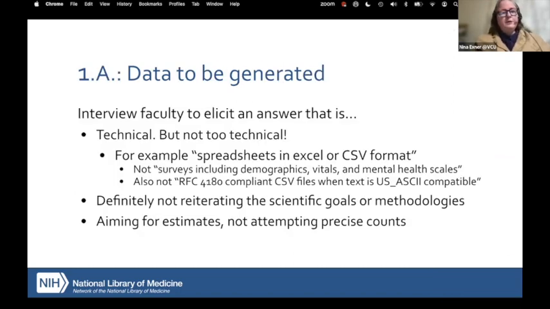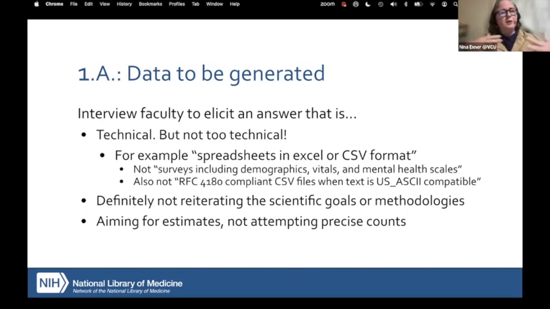So when talking about data to be generated, it's good to aim for a reference interview or data intake interview answer that's technical, but not too technical. More technical than "I look at it in a microscope," less technical than the gory technical details that an IT professional might have. So for example, we're aiming for spreadsheets in Excel or CSV format. We're not so much aiming for surveys that include demographics, vitals, and mental health scales, although if they need to write that in briefly, they can, but